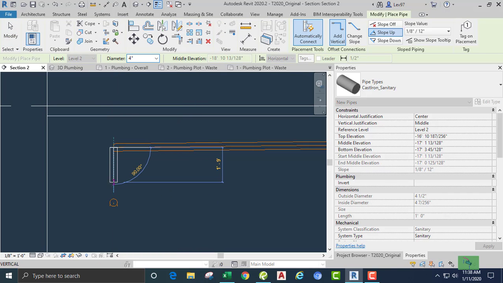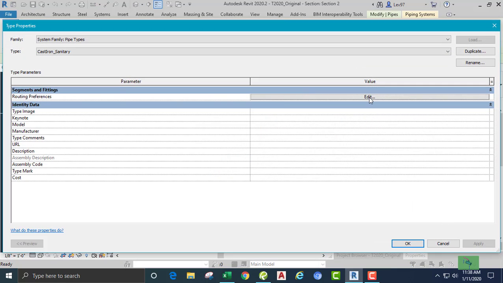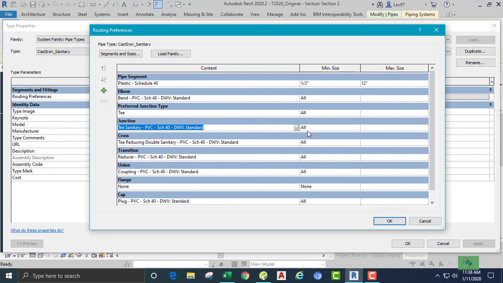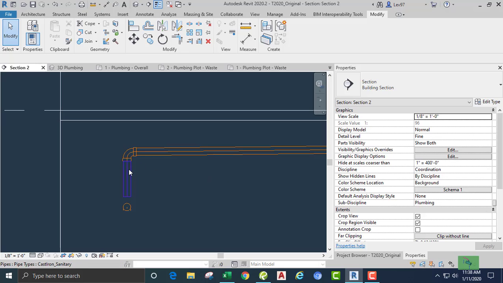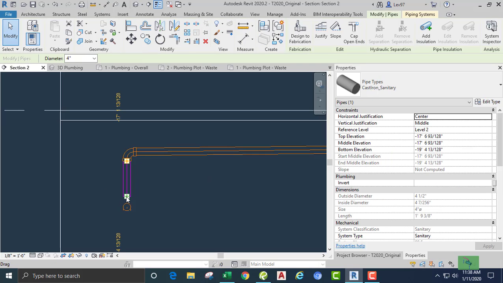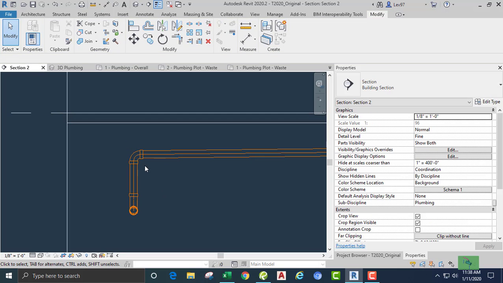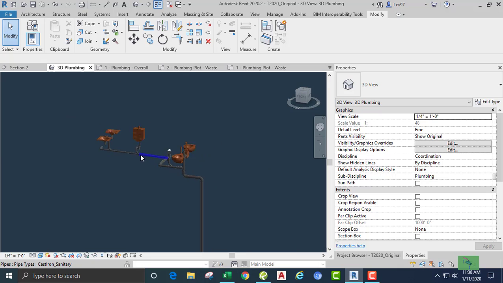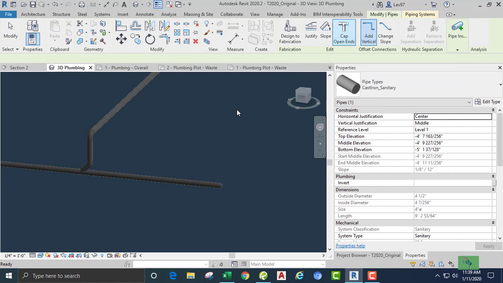draw a pipe down. Okay, and let's look at our routing preferences. It should be a combination. We are going to change that to a combination. Okay, and let's hook this guy up. Okay, now let's look at a 3D view, make sure that it looks okay. Okay, and we can put a clean out back here. I'm gonna cap it, but